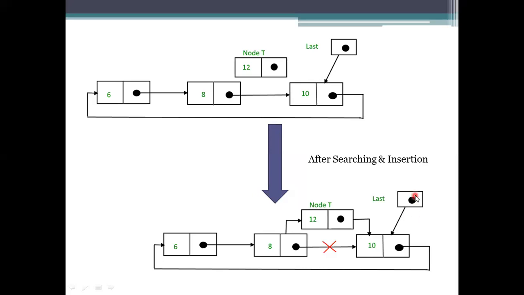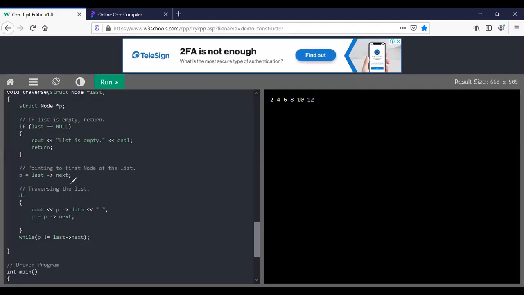So you need to find out the first element here. To find out the first element, we need to read the last element's next pointer. So how I am going to traverse is, first, if I visit the first one, it is printing the data, cout, print the data. So here it has been printed. Next, after printing the data, it has to move to the next element, that is P next.